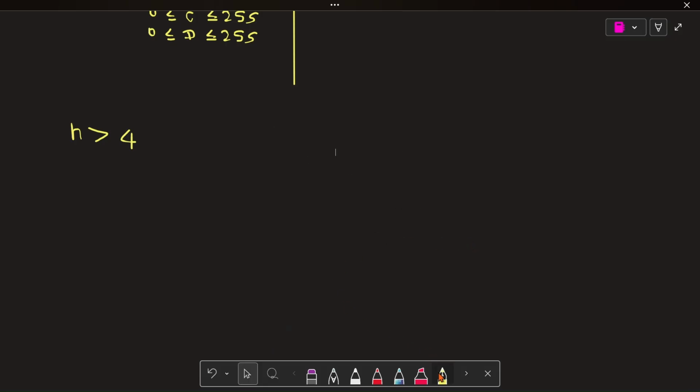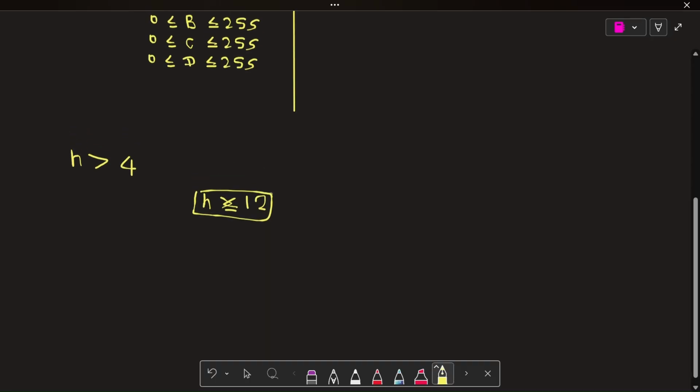The next thing, n should also be in the range, sorry, n should be at most 12.